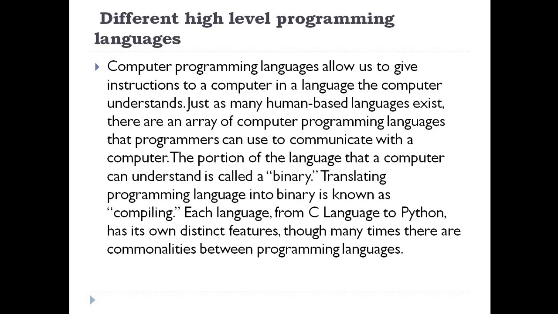A computer programming language allows us to give instructions to a computer in a language the computer understands, just as many human languages exist. So there is an array of computer programming languages that programmers can use to communicate with the computer. The portion of the language that a computer can understand is only binary. Translating a programming language into binary is known as compilation. In the earlier video I said the compiler plays a very important role,